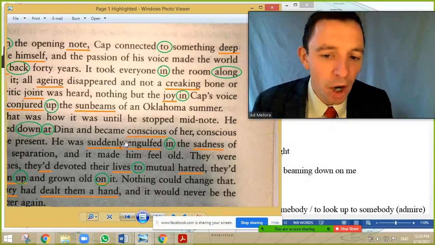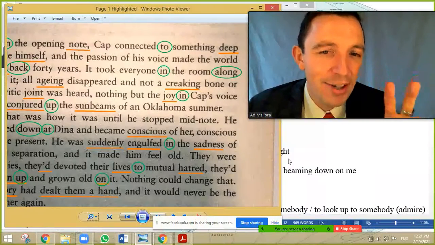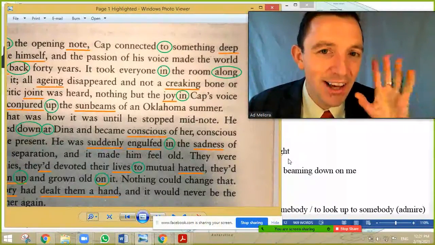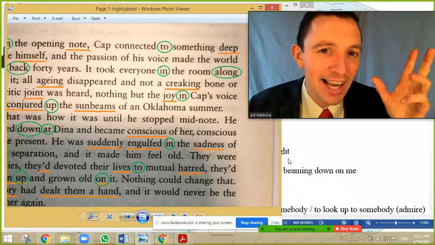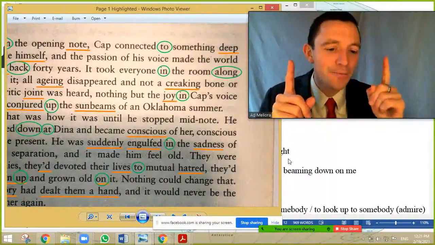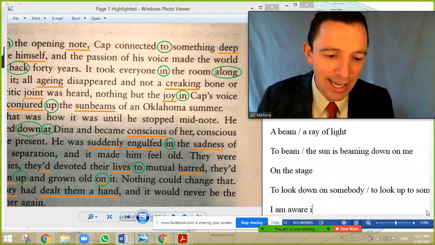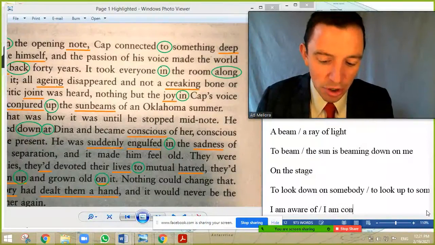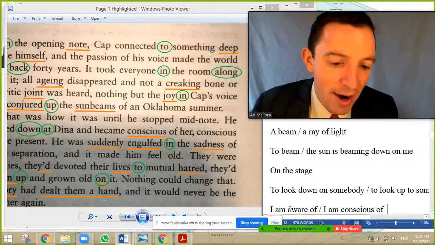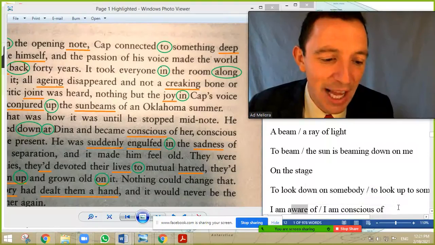Okay, conscious. So basically in English there are two words that are very similar, conscious and aware. So I am aware of the person, I am aware of the situation, or I am conscious of the situation. I know in Spanish it's more consciente, I think, similar, probably in Portuguese, but in English you have two possibilities, conscious and aware. And they are very, very important and exactly the same. So I am aware of, typically the preposition of, I am conscious of. So that is the key, aware. I am aware of the time, I am aware of the situation, I'm aware of the problem, and the substantive is the awareness.